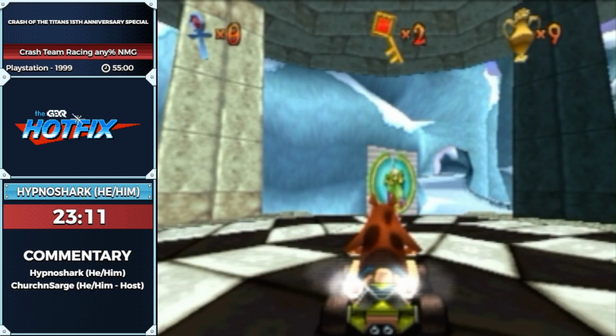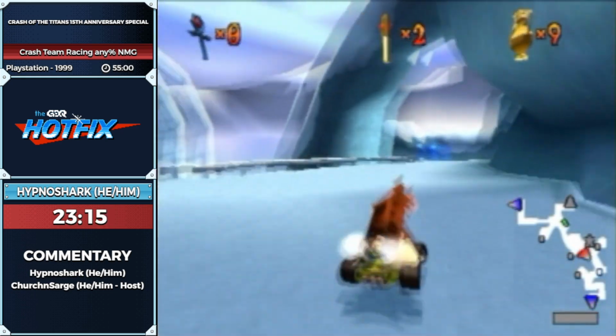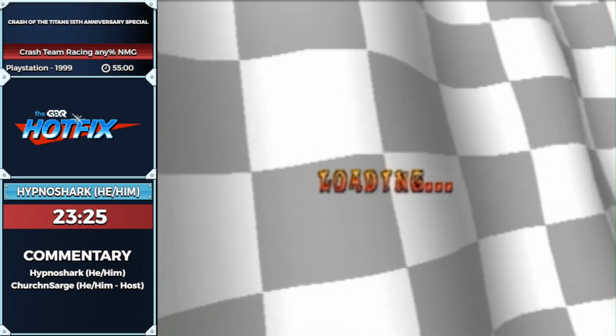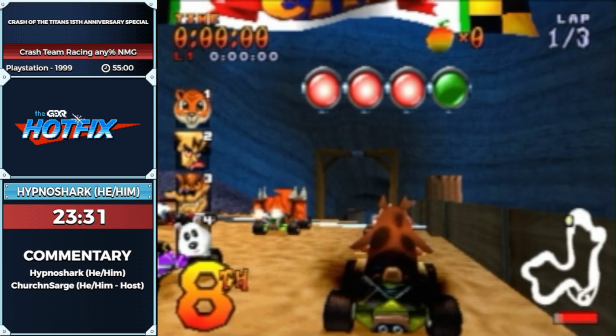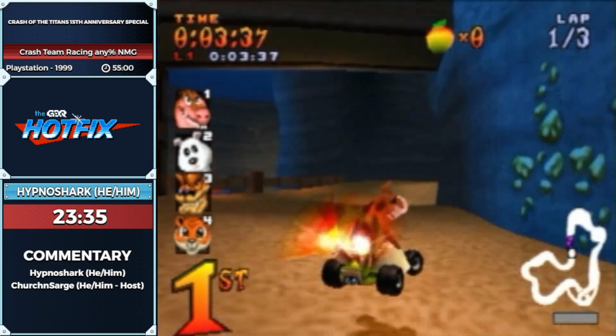A Hub 3 and 4 specific tech to this game is simply called pauses. After winning a race, you've probably heard it by now, Uka Uka will say, congratulations, you win a trophy. The thing is that by mashing start when he's not going to give a hint, aka in Hub 3 and Hub 4, not in Hub 1 and Hub 2 in this game,